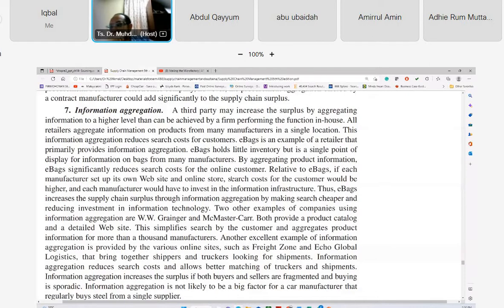They give the product information, so that the customer will not go to the physical shop and search for those products. If you go there, they only give you a catalog, and then you check which one you want to buy, and then you have to fill up a small form,